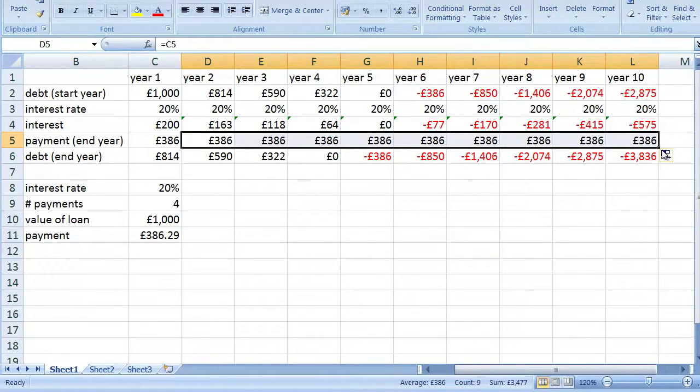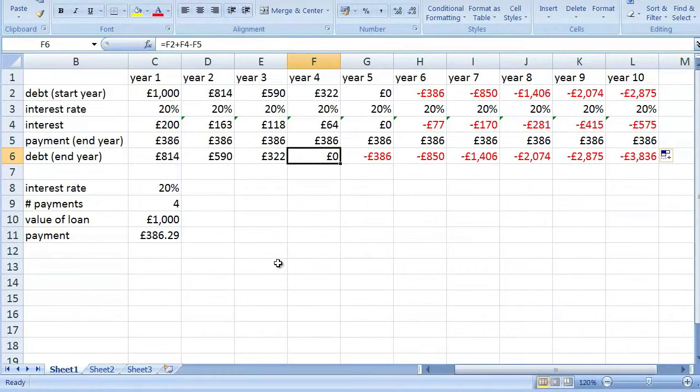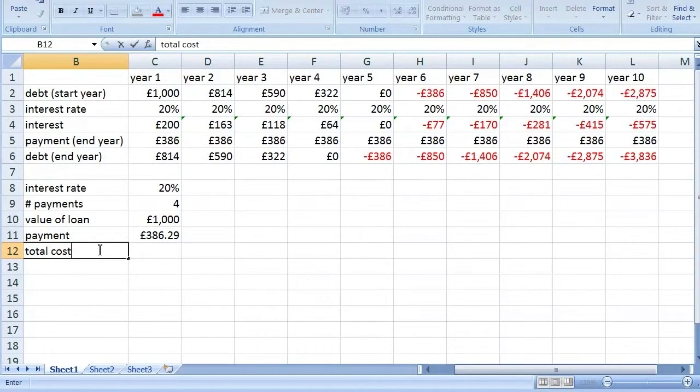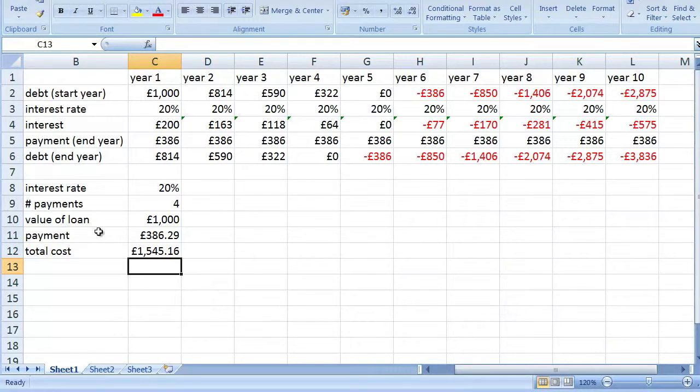Now you should see that your debt is paid off in exactly 4 years without having to make any adjustments to your final payment. Working out the total cost of repaying your debt is also easier when we're using the PMT function. All you have to do is multiply the yearly payment by the number of payments, which gives us £1,545. And to work out the total cost of the interest, we just subtract the value of the loan, your debt at the start of year 1, from the total cost of repaying the debt, which gives us